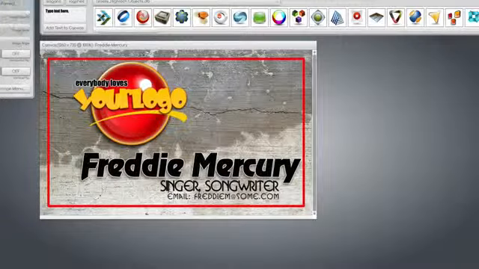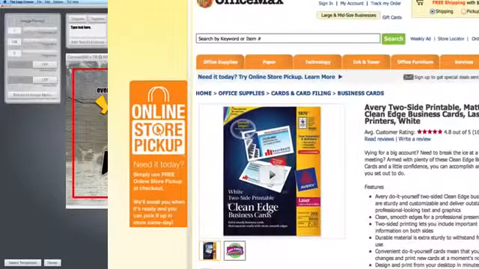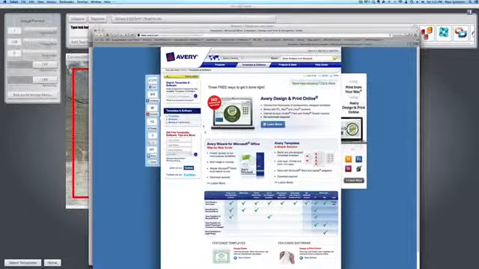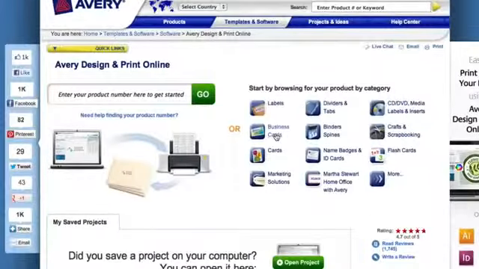Another thing you might want to do is, some of you have already asked me how you can print on your own printer. Lots of you have Avery labels. Now, I've looked up a few options for this. Avery has an excellent site that allows you to upload your design and print with your own Avery cardstock. This is for Mac and Windows computers. So what you need to do is, if you have an Avery label box, if you bought it at Office Max or Office Depot or ordered them online from Avery or wherever, visit this website and follow the directions and find the business card button. Click it,